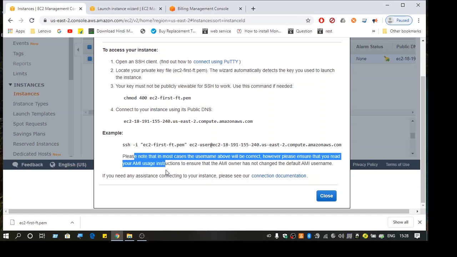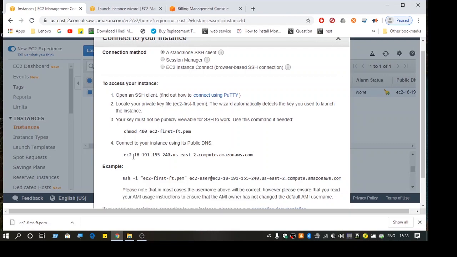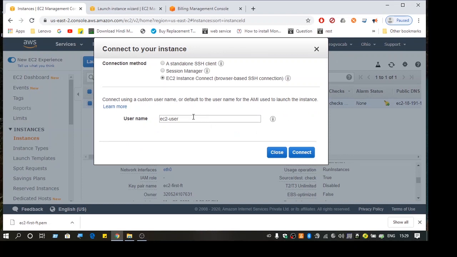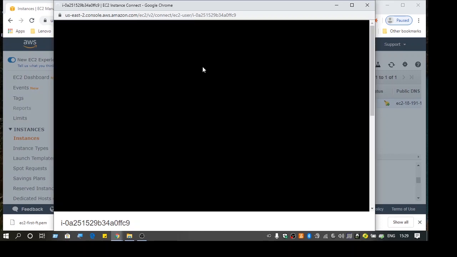So if you are familiar with PuTTY and you would like to use it, go ahead and do that. You need to first convert the PEM file into a different file using the PuTTYgen tool. So here I am just going to use the browser to connect. It is not the best way, but just for demo purposes I am using it.